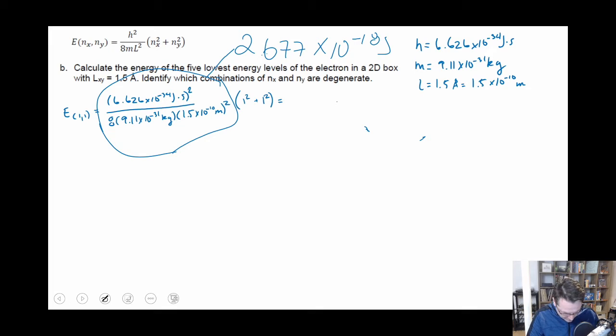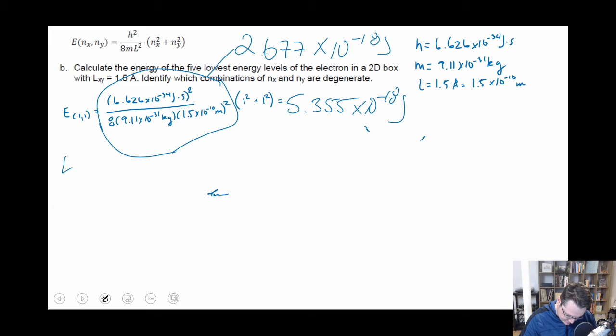And if we multiply that by 1 squared plus 1 squared, what we get is 5.355 times 10 to the negative 18 joules, right? So that's the energy of the E11, the first level. Now if we go to the next one, what we have is